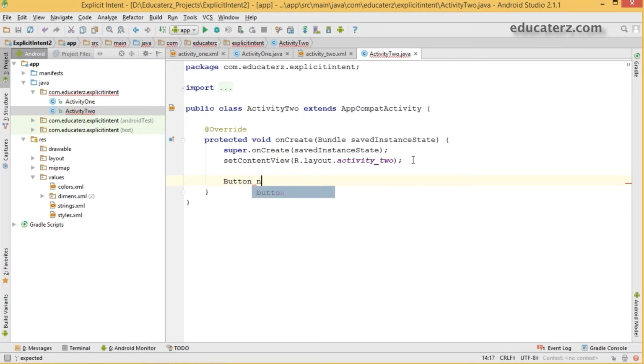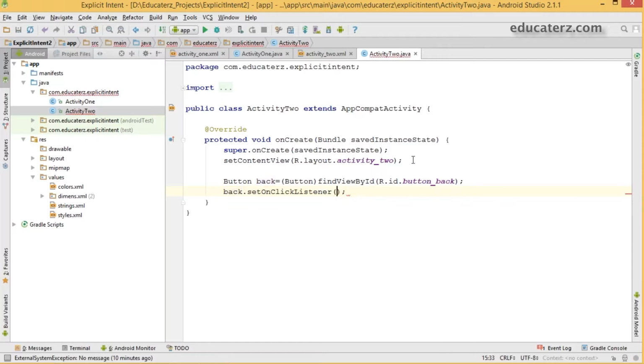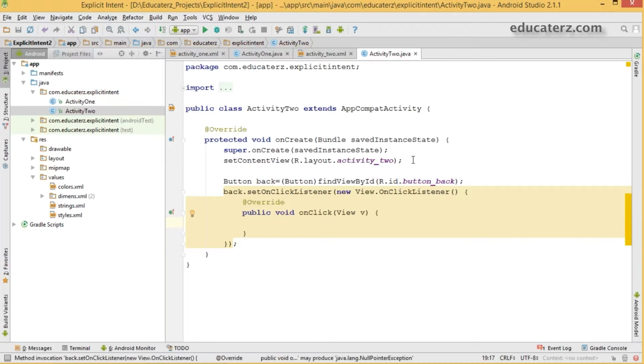I'll say Button back is equal to, same as usual, typecast it to Button and use your findViewById method to find this view, R.id.button_back, with a semicolon. And now set the listener for this. So back.setOnClickListener, same as usual, new OnClickListener. Inside your onClick method, implement it.